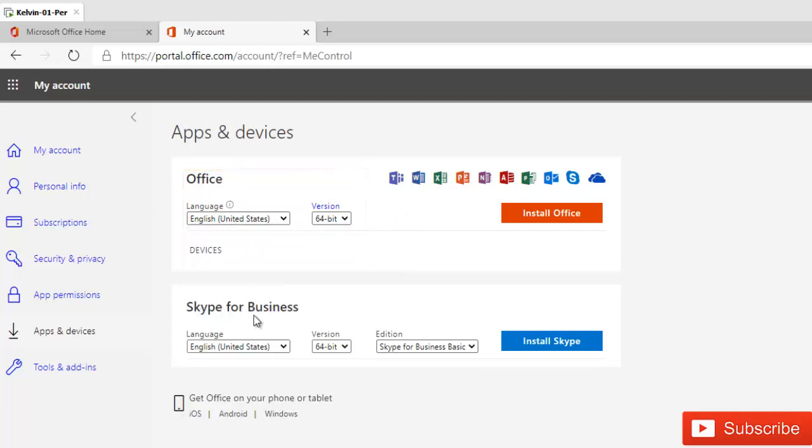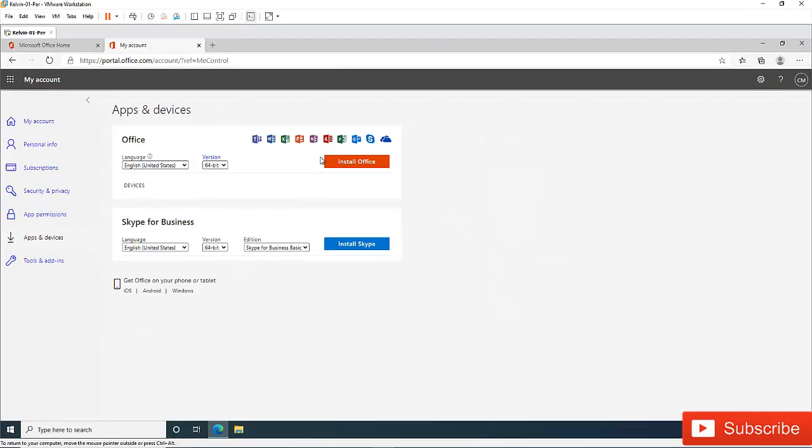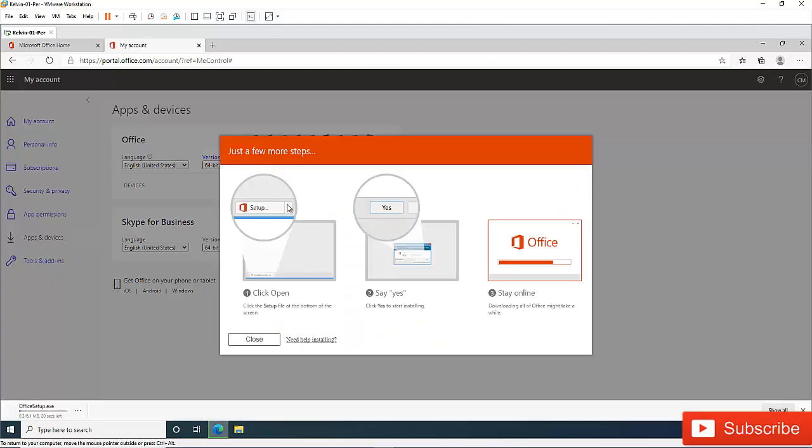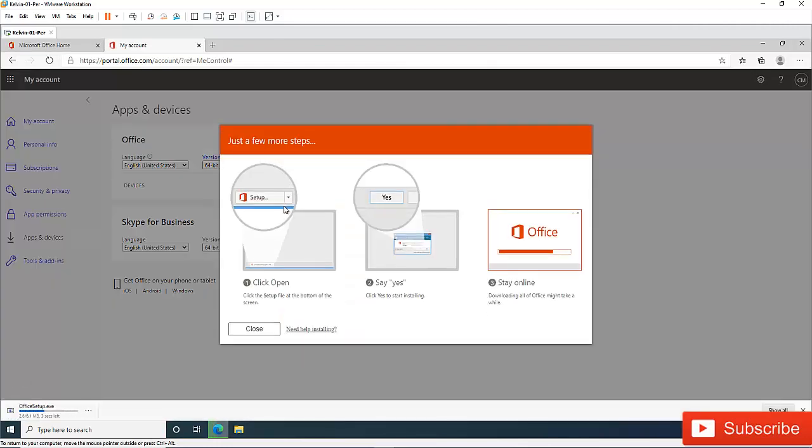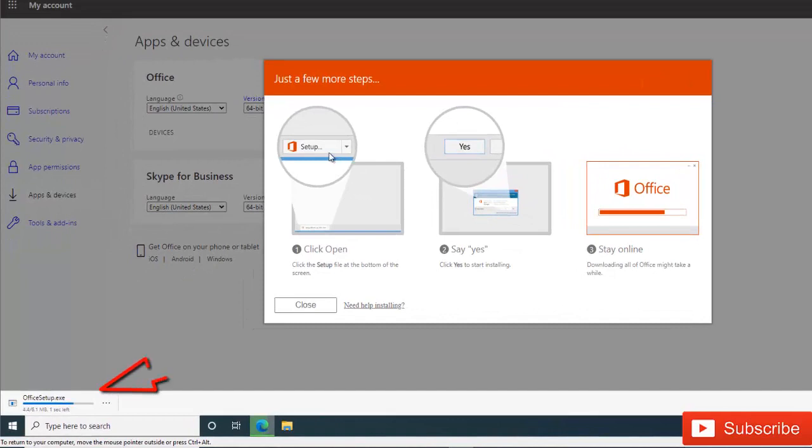And here you see we have the option for Skype for Business. But mind you, if you are installing the 64-bit of Office, you can see all the options we have here. We also have Skype, OneDrive, and Microsoft Teams will be installed as well. So click install. So it's going to download the Office setup file which we will use to install the Microsoft 365 apps on this device. So now it says open the file